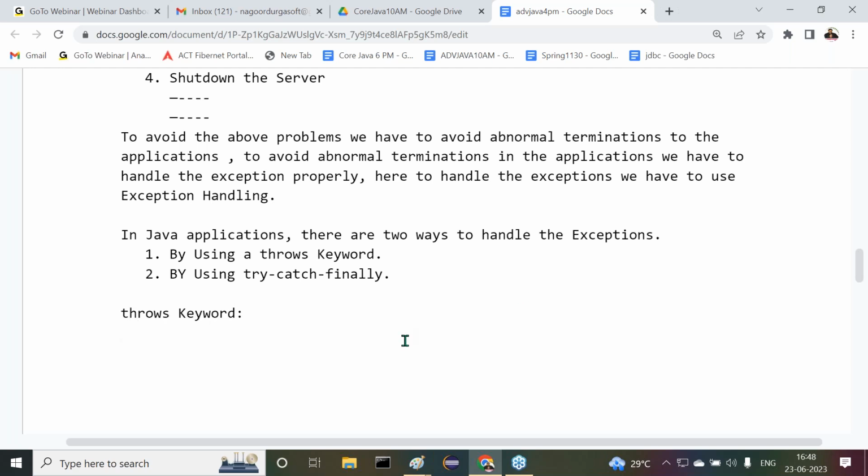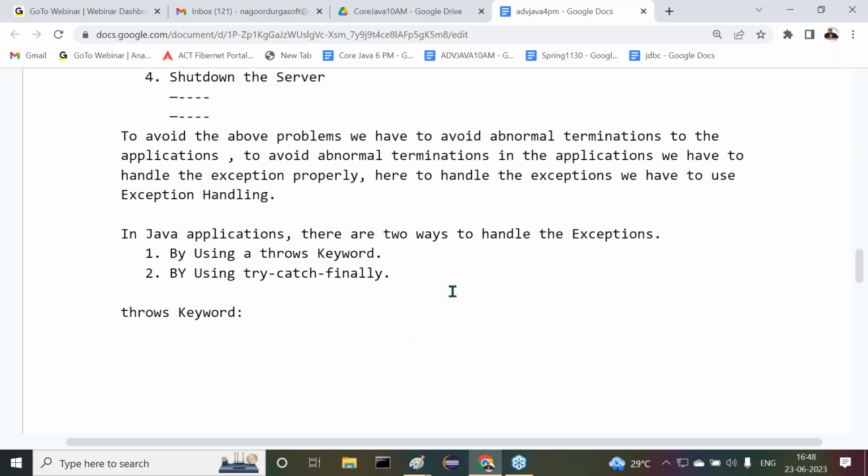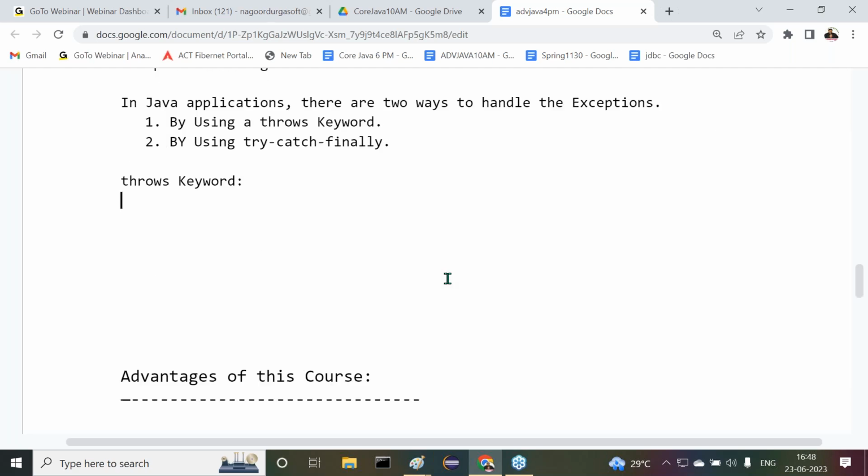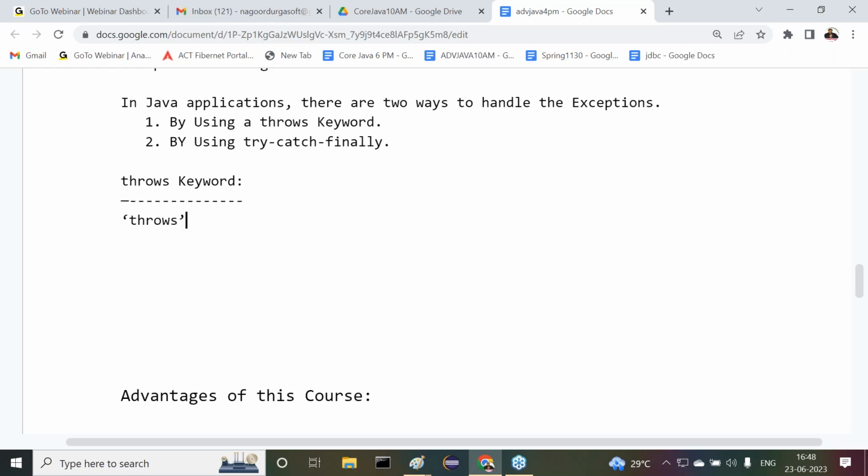Right, so now this is the point I am telling you. See this, what is this throws keyword actually? What's the meaning of this throws keyword? I'm giving some clarity, so try to understand it clearly. Throws is a Java keyword.